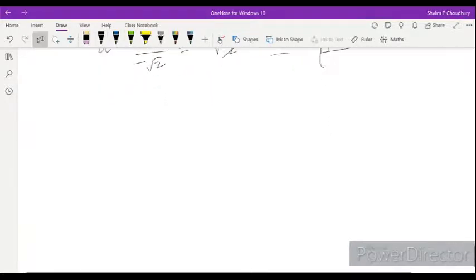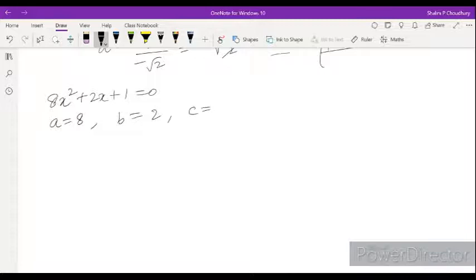Now we'll do some solutions for quadratic equations in complex numbers. So if we have a quadratic equation 8x square plus 2x plus 1 is equal to 0, and we have to find the roots of x. There will be two roots because it is a quadratic equation. What will be the value of x? First of all we'll take the value of a, b and c. The value of a is 8 because the coefficient of x square is 8. B is the coefficient of x, which is 2. So c is equal to 1.